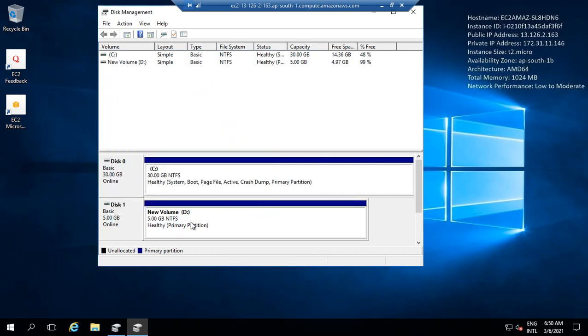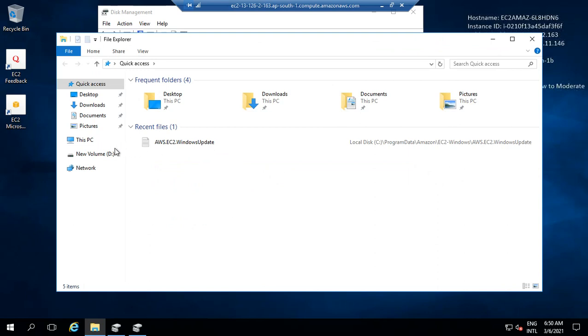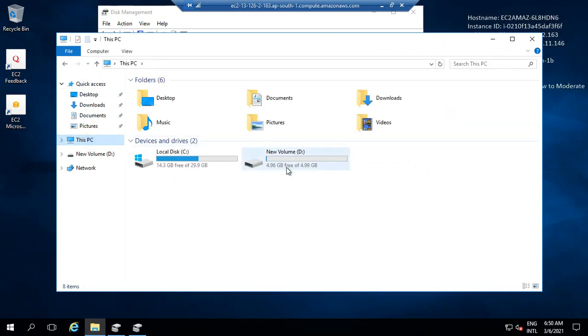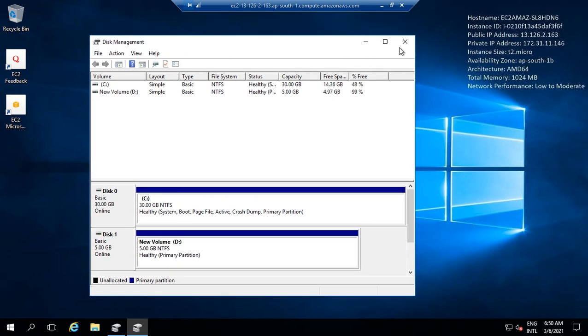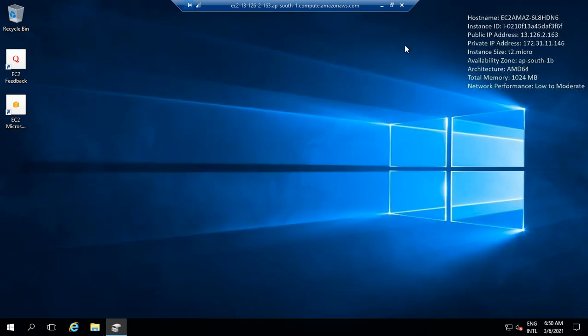Now I have created a new volume named D drive, and in This PC you can see a new drive, D drive. Then we have successfully created an EBS storage and attached it to the instance.